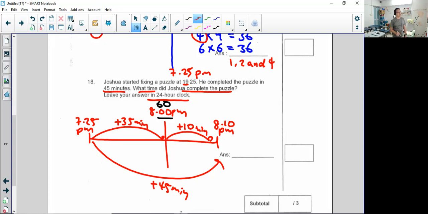And you need to change it to 24-hour clock. So this is PM. If this is PM, then you must add 12 to the hour. 12 plus 8 will be 20:10, right? 20:10. Okay,